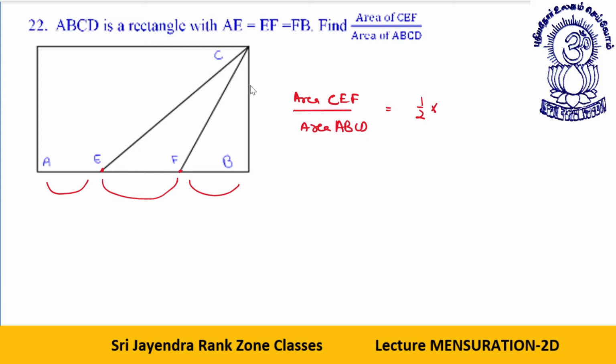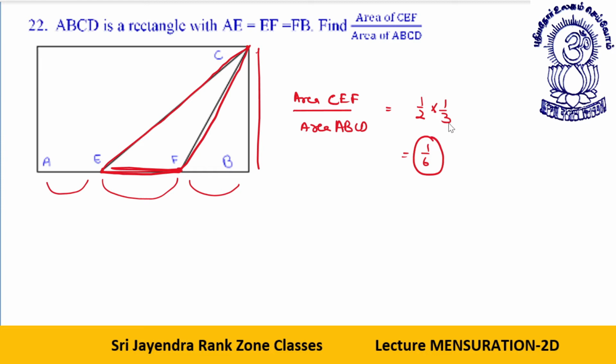Second thing, heights are same. Why? Because height of both rectangle and the triangle. This is the triangle, okay? Rectangle and the triangle, the heights is same. Topmost vertex point is same, so its height is same. What is the ratio of the base? The base of this triangle is 1/3 as compared to the base of the rectangle. So half into 1/3, this will give you directly 1/6. This is your answer. So easily done.